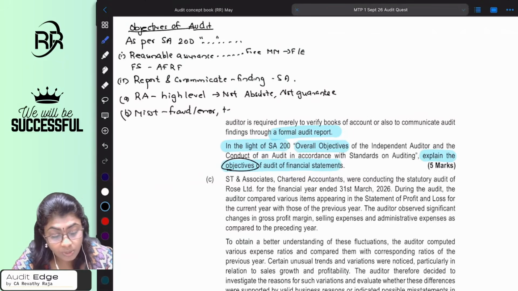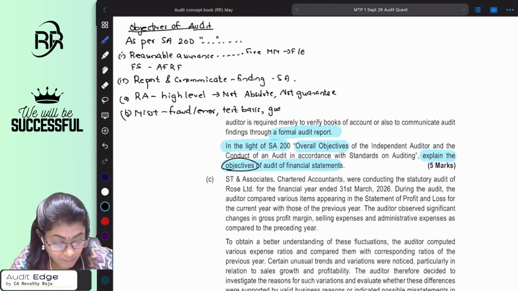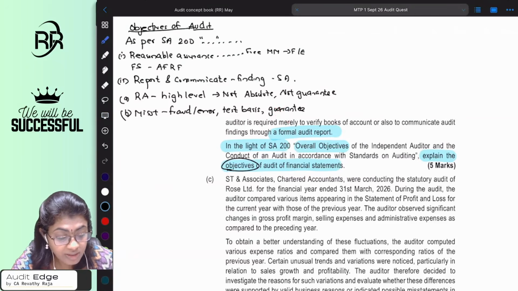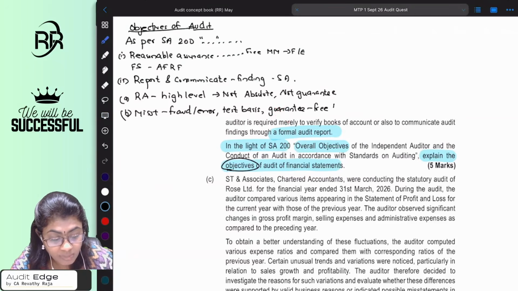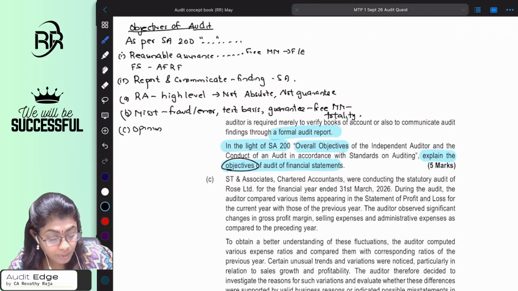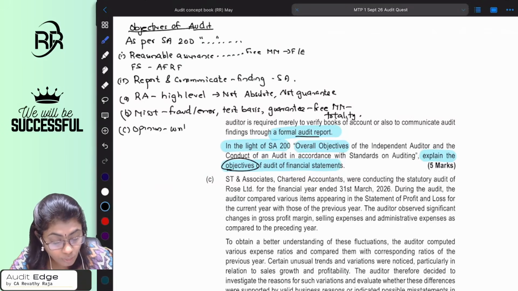Auditor is checking only on a test basis, meaning he cannot give a guarantee. He cannot give a guarantee that the financial statements are free of material misstatement; he will check only in totality. Then, opinion. The auditor's opinion should be communicated through a written report, through a formal